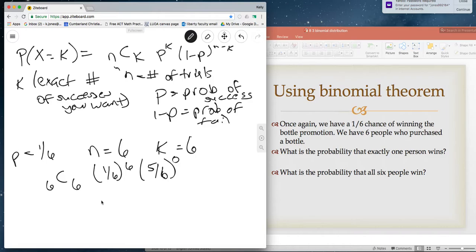And so we're going to go to Math, PRB, and we're going to do 6 choose 6, or 6C6, and we get a 1 again. So we get a 1 here, we get a 1/6 here to the 6th power, and we get another 1. So hopefully you saw that this thing is just going to be my probability. So on my calculator, I do 1 divided by 6, exponent to the 6th power,